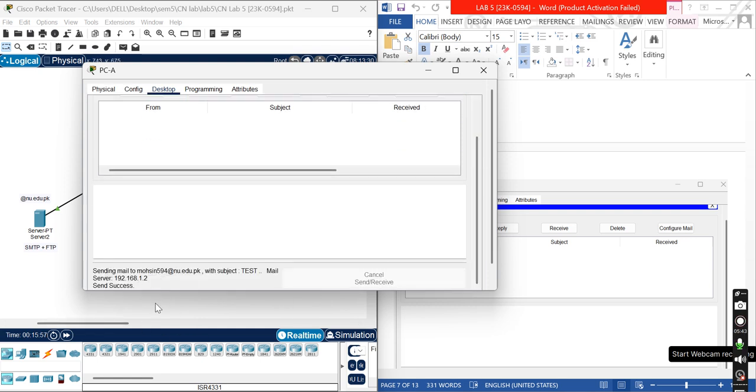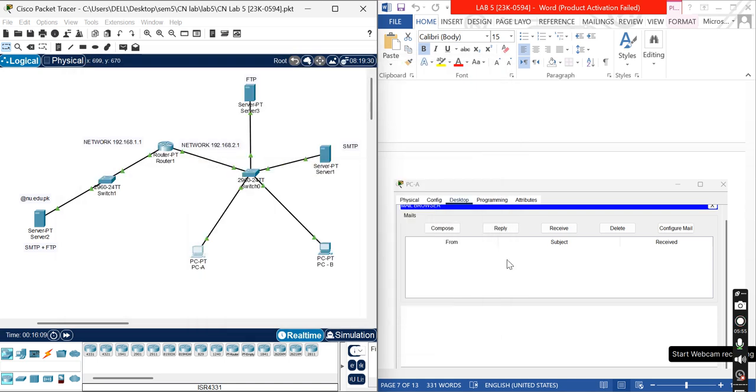So as the status has turned to success, it means our email has been successfully sent to the server, to the email address mohsin594@nu.edu.pk.